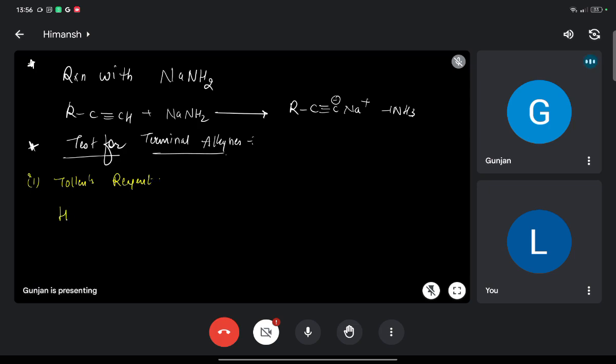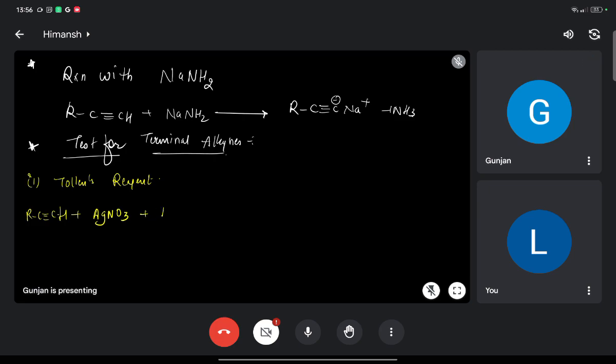So when alkynes like this are treated with Tollens reagent, that is ammoniacal silver nitrate, AgNO3 plus NH4OH,